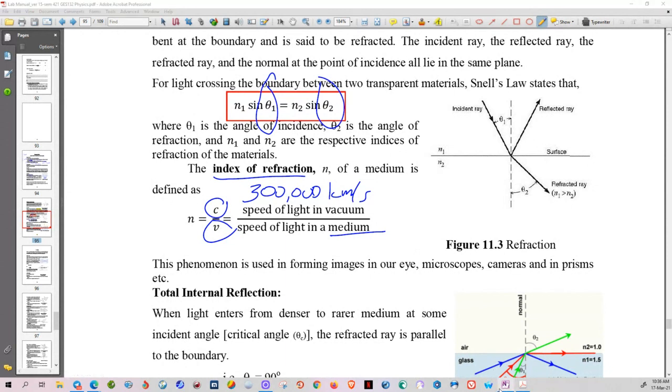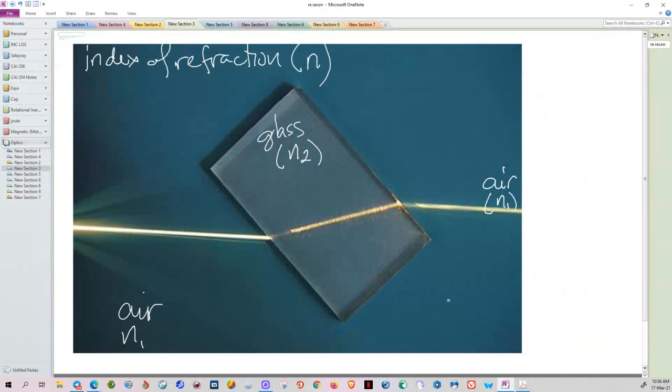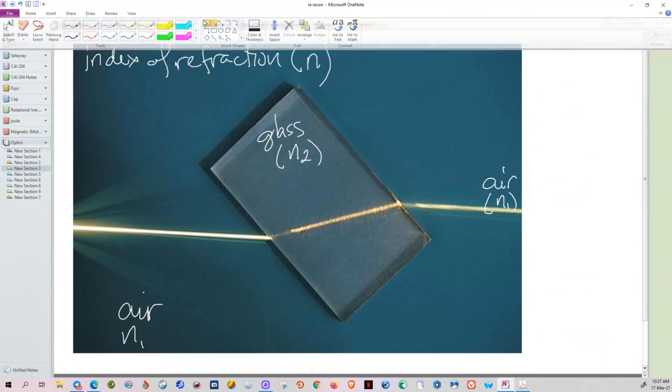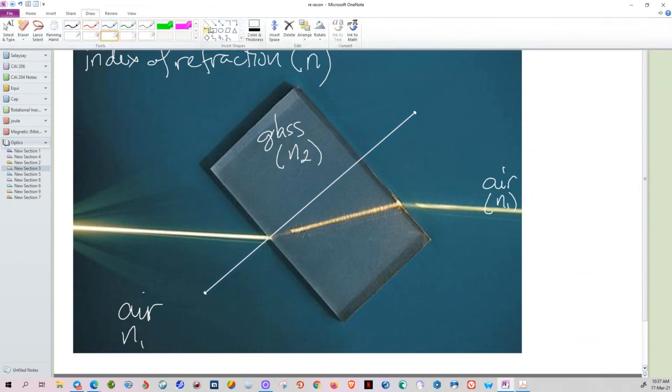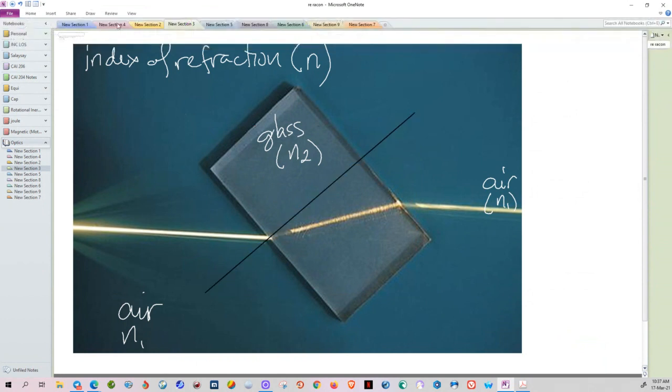Let's go back to our note, okay? Where are the angles here? Well, the angle is actually found from the normal, okay? Just like in reflection, there is a normal line in refraction. In this case, this is the normal. The normal line must be 90 degrees with the surface of the